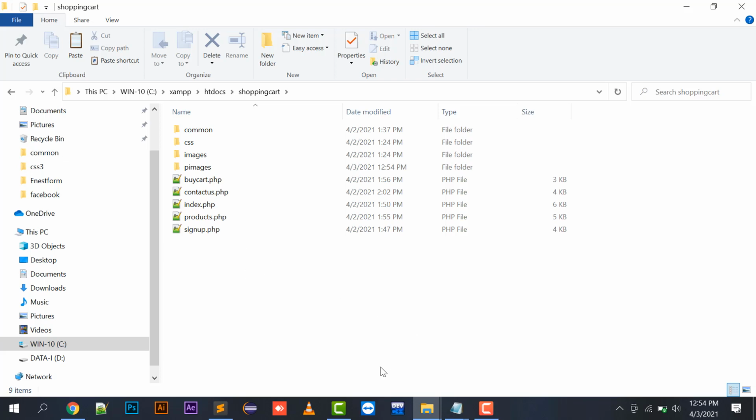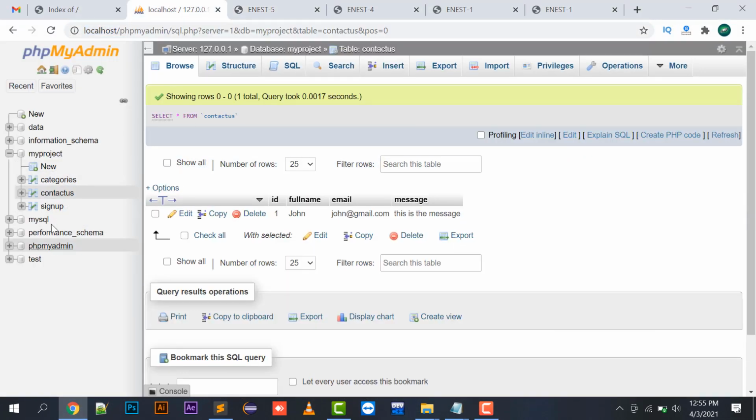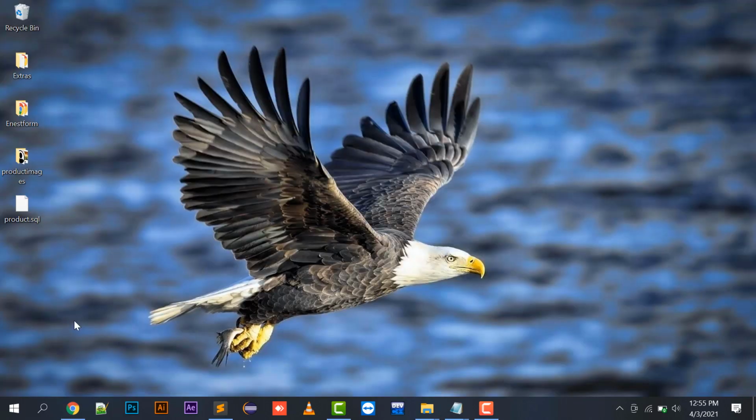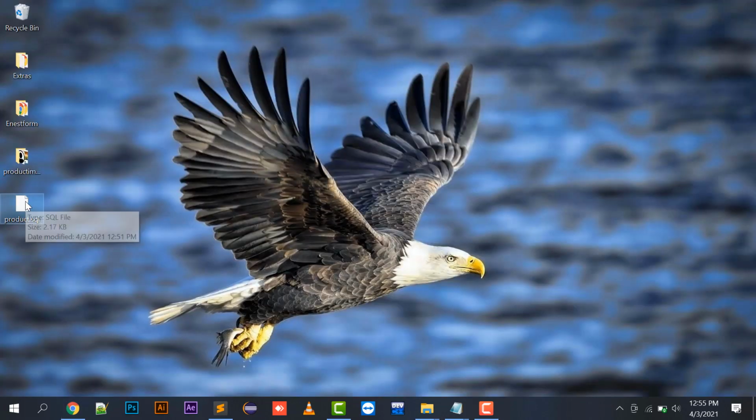And now what I am going to do here is we need to make a table of products, right? So I also have a product table that contains all the details of all the data of products. So how to import a SQL file? Let's learn this also. I have a product.sql file with me.